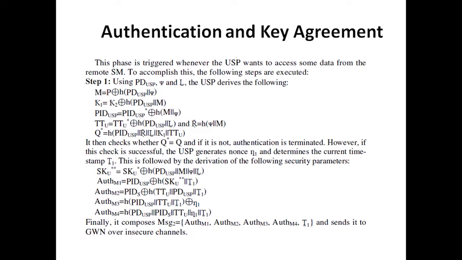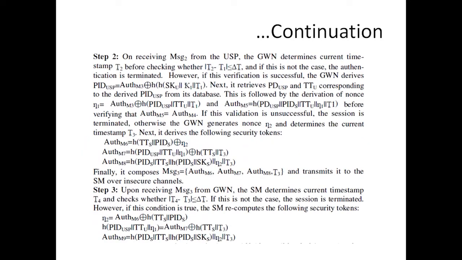So upon successful validation of this parameter Q, it proceeds to derive other security parameters shown in step 1 before composing the message authentication shown in the last paragraph of step 1. So on receiving this message from the USP, the gateway node determines the current timestamp, then validates the freshness of